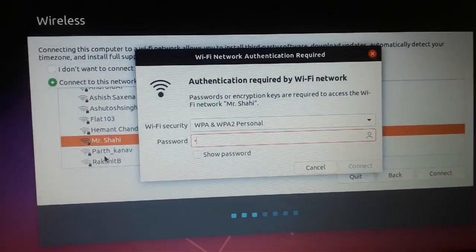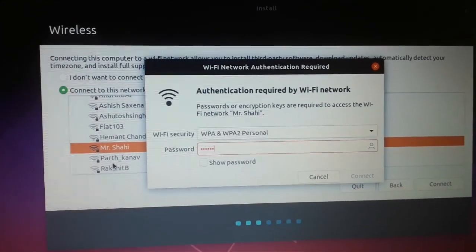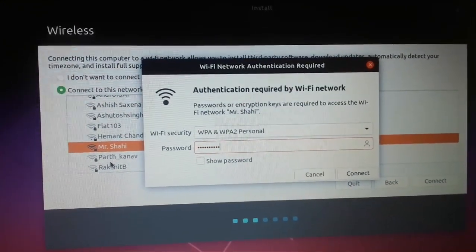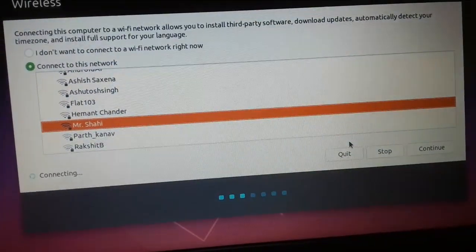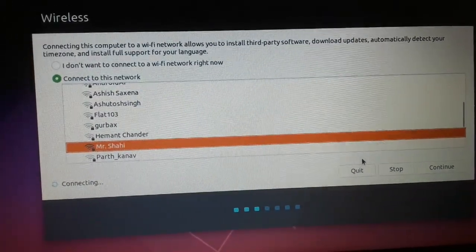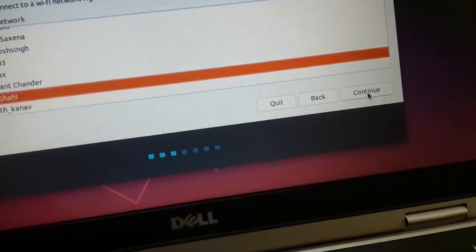Going to enter the password. If I remember it correctly, let's see. Connect. Guess what, I'm connected now. I'm going to click continue,